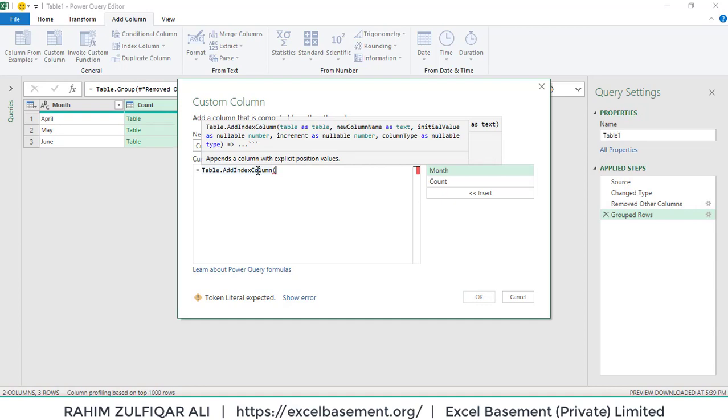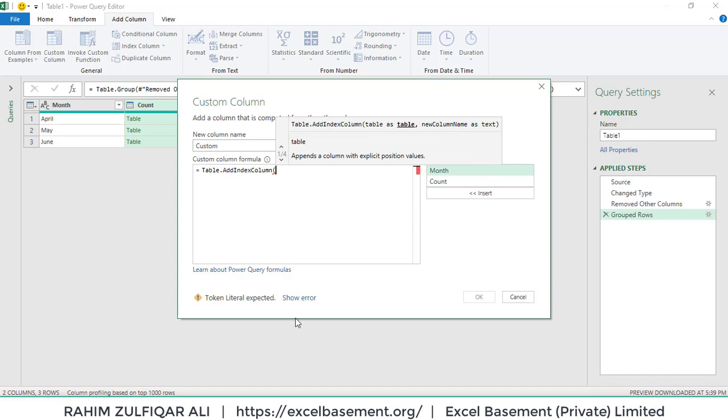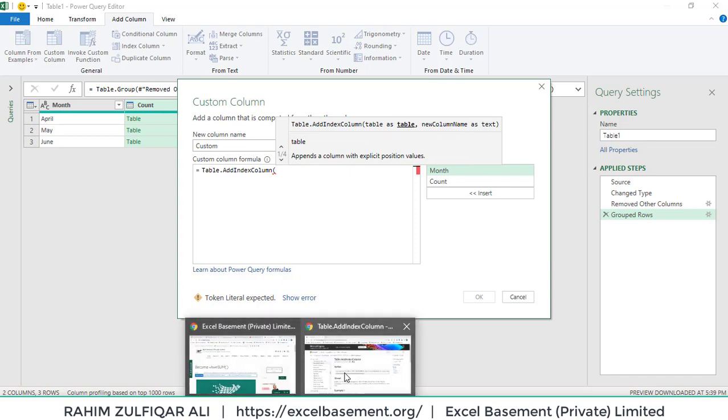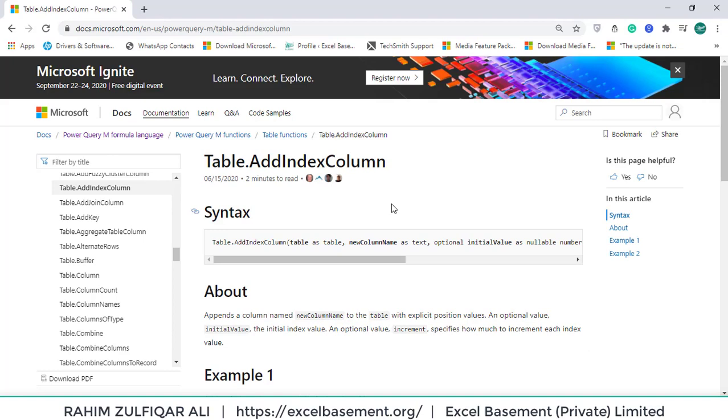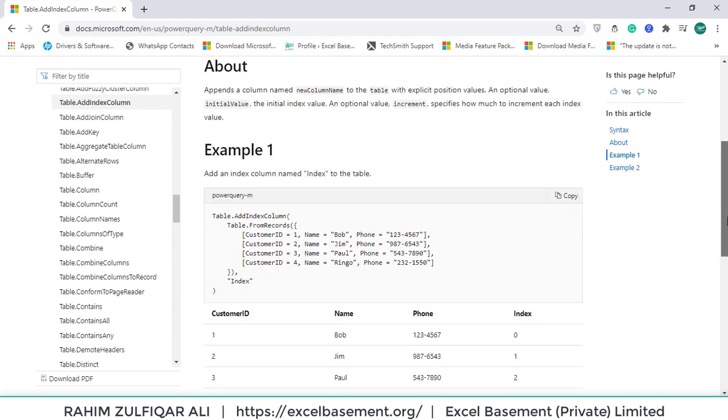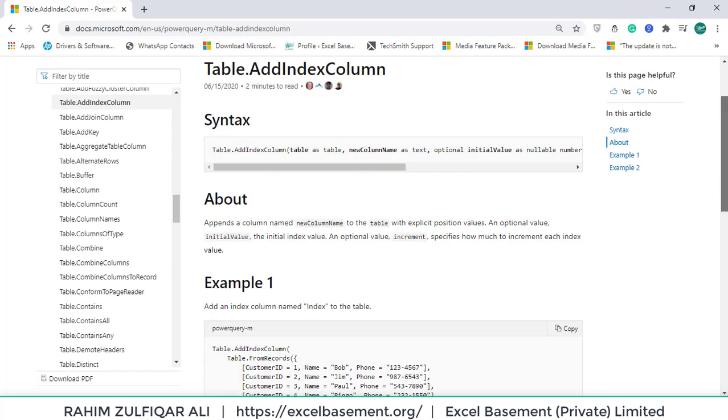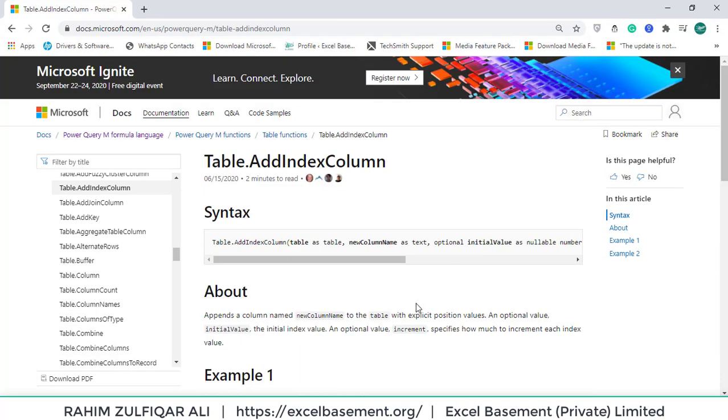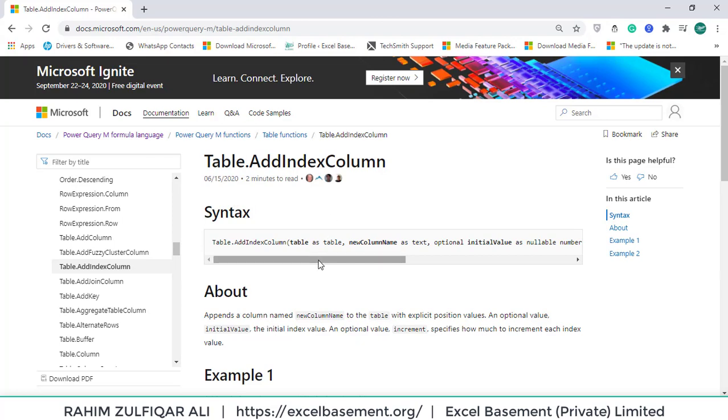If you don't know what this Table.AddIndexColumn is, let me tell you how you can read about it. You can just go to Google and type Table.AddIndexColumn Power Query, and you will find a link on docs.microsoft.com, where you will find this code syntax and examples in detail, where you can read further how it is used in different kinds of examples. After this video, go ahead and explore this dictionary of M language codes, where you can easily understand. Back to this